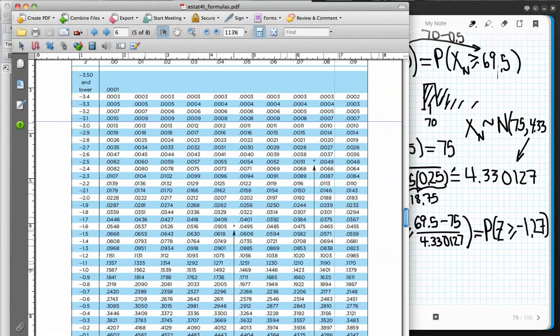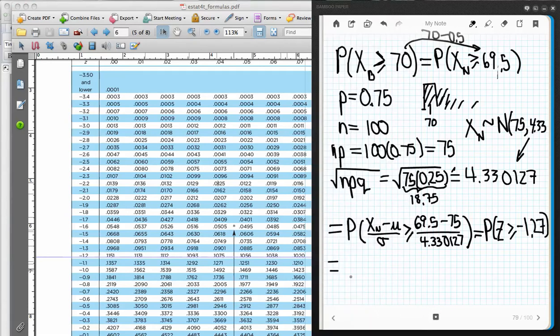So I could say negative 1.27, this is 1 minus the probability of being less than negative 1.27. So I could go down here and over to here, so 0.1012, it's that complement, or 0.897 or 0.898 would be my answer there, or I could go ahead and put it into my calculator and